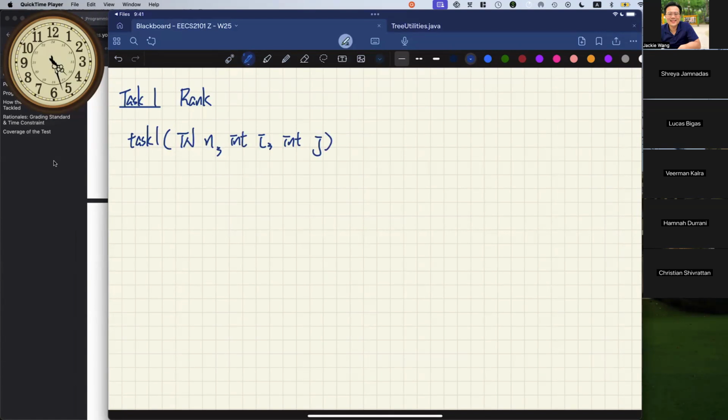There are two possible solutions over here. The first one is the more conceptually straightforward solution that you might choose, because it has very clearly two phases. Let's say n that you initially start with is the root.